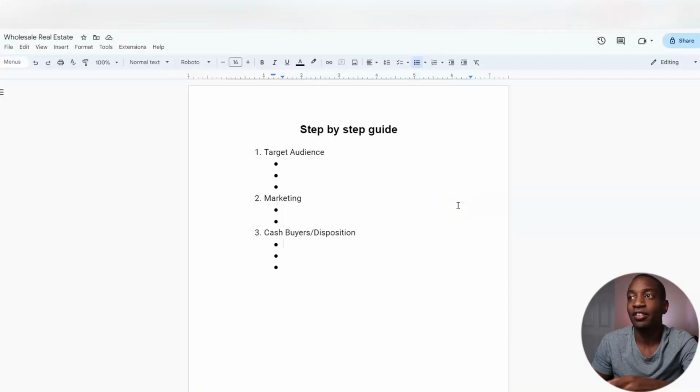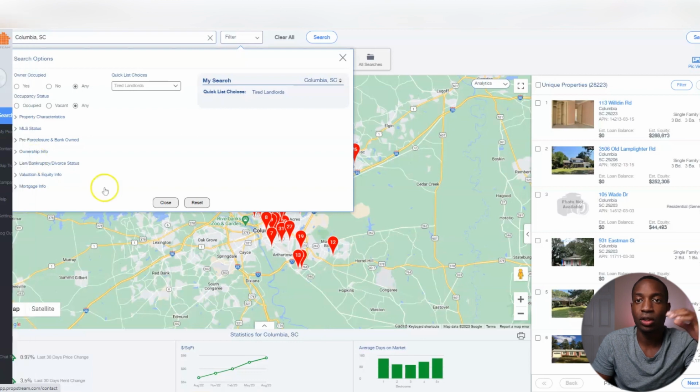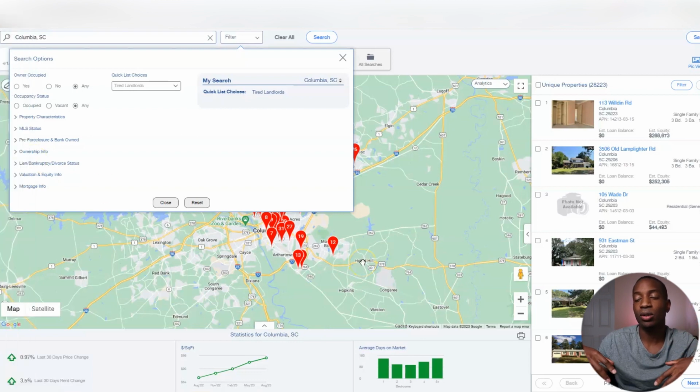So that's the very first list. Go to PropStream and pull a list. Now, the next thing is that you have to essentially target this audience, and that's through marketing. And so there's different ways to market. And on PropStream, there's different ways you can pull it. It just goes to contacts. You go to the contact list and you download the list, and it has the names, the addresses, and then